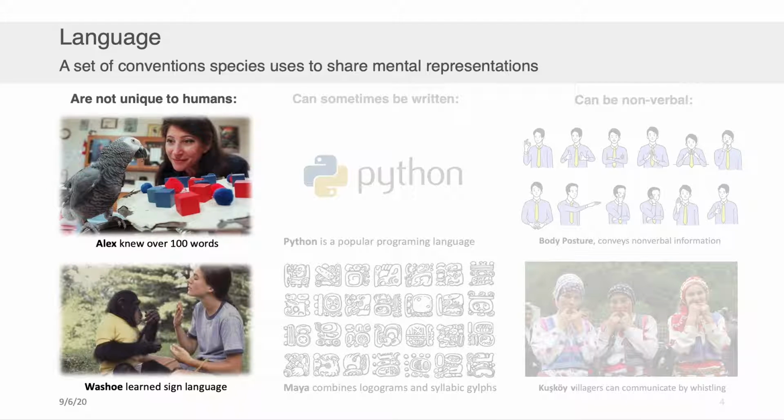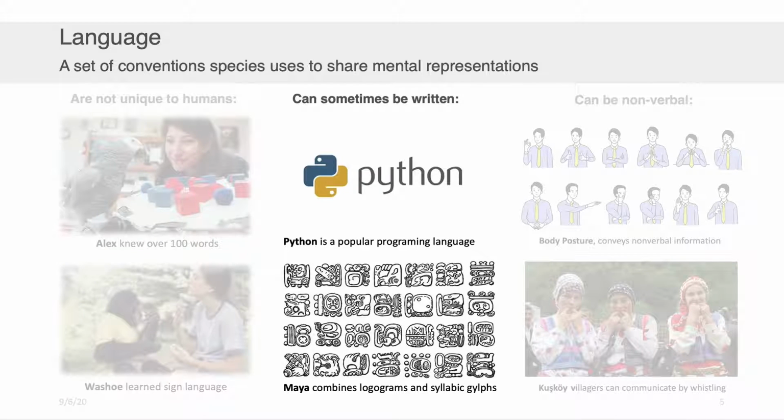And interestingly, it's so ubiquitous that we've even been able to perform interactions across species. You might have heard of this example of Alex the parrot, who knew up to 100 words before he passed away. And there's been examples of chimpanzees that have been able to learn human sign language to communicate their wants, needs, and desires. Critically here as well,